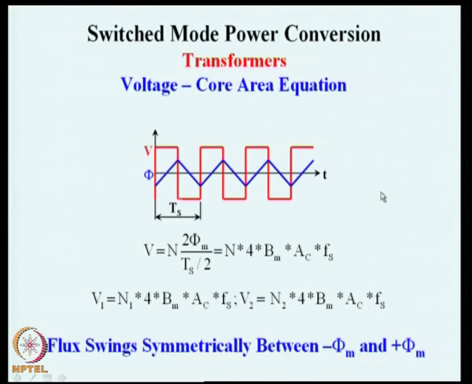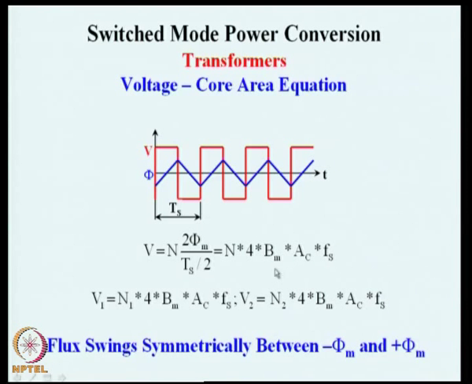Okay. Now, if we wish to find out the design equations for the transformers, it is possible to see these quantitative relationships and relate them to the various geometrical properties of the magnetic circuit. So, V is N into d phi by dt, and this slope is d phi by dt, and because it is a straight line, we can take it as maximum flux minus minimum flux divided by the duration, which is half of Ts. So, this relationship tells that the voltage is now 4 times Bm AC.